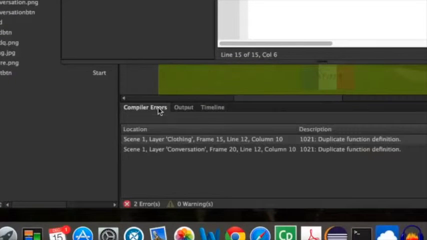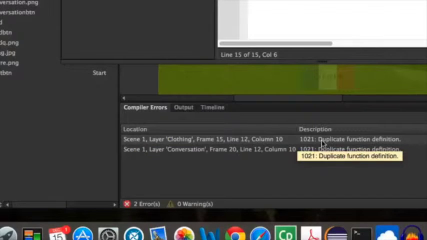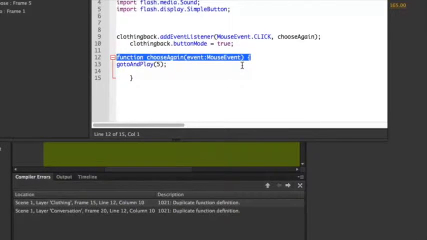So let's click here, and it tells us that if you look at the compiler errors, it says Scene 1, Layer Clothing, Frame 15, Line 12, Column 10. So one of the things that Flash is really great about is telling you exactly where you can find the error in your code. So if you were to double click on that, it'll highlight in the code the error